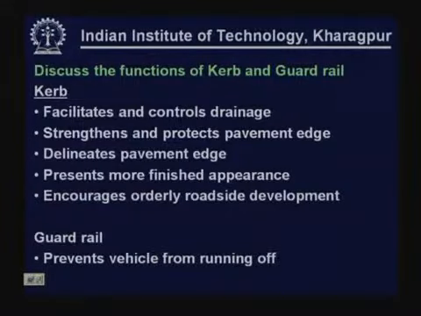Discuss the function of kerbs and guardrails. Kerbs basically facilitate and control drainage, strengthen and protect pavement edge, delineate pavement edge, present a more finished appearance and encourage orderly roadside development. And guardrail basically prevents vehicle from running off. So, wherever at the approach of bridge or high embankment or outside of outer edge of horizontal curve, wherever vehicles are prone to run off from the carriageway, we provide guard